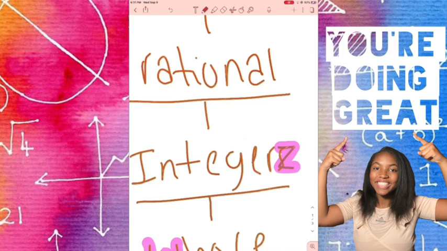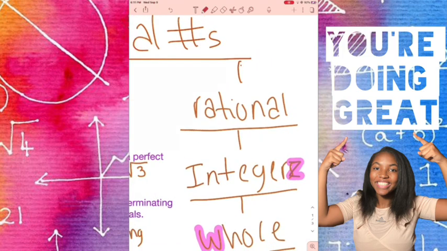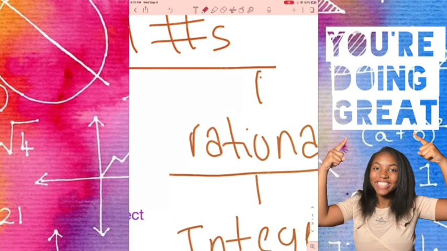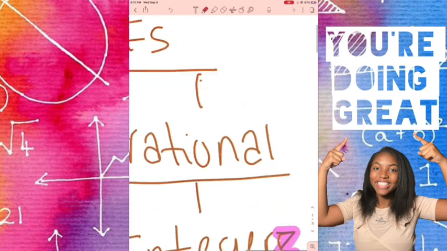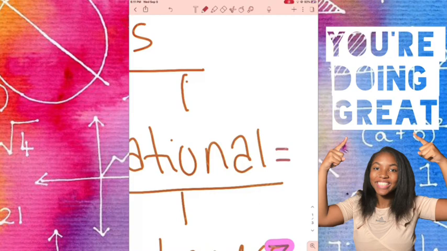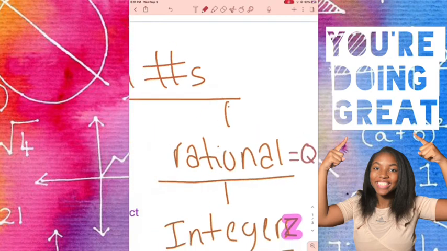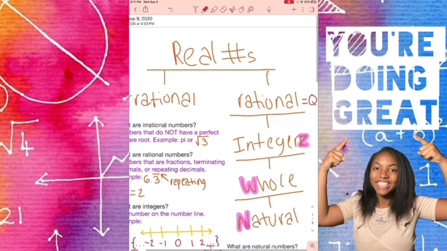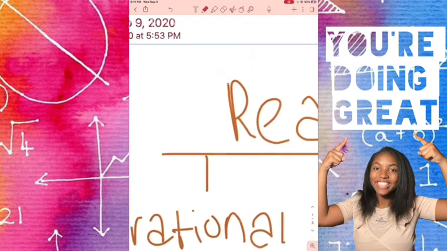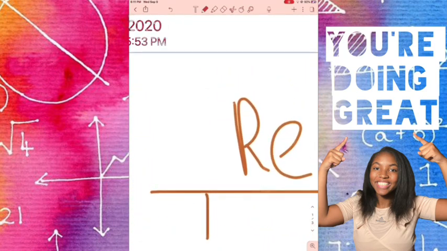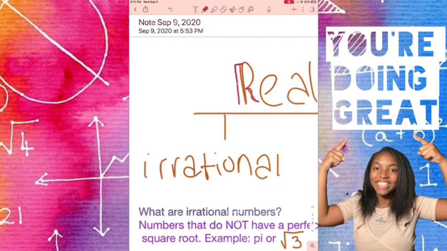Now with rational, I really don't have a way of just doing that one. But if you think about it, real and rational both have R. You should know that this one should be R, which is just crazy because it's just a Q. And a real is just a double R. It has a line, 2 lines. You see what I'm talking about. And sometimes it's just a squiggly little line instead of the straight line.